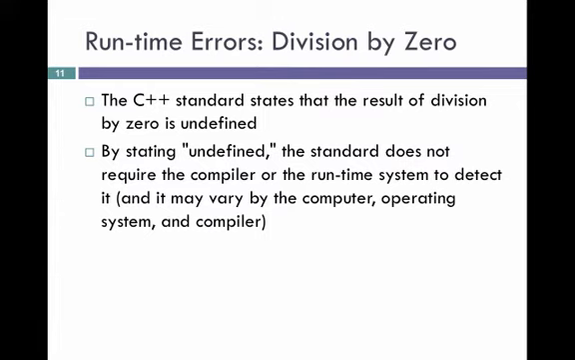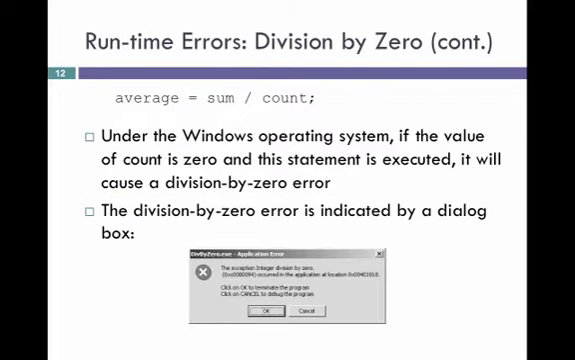Now the C++ standard states that the result of a division by zero is undefined. So the standard doesn't specify exactly what the compiler or the runtime system does, or require them to detect it, and it may vary by the computer, operating system, or compiler. So if we have a statement like this in our program, and if count is currently equal to 0, then